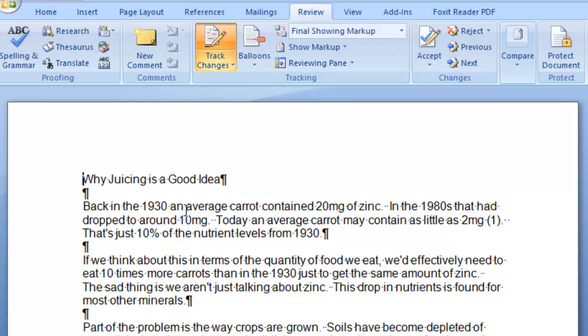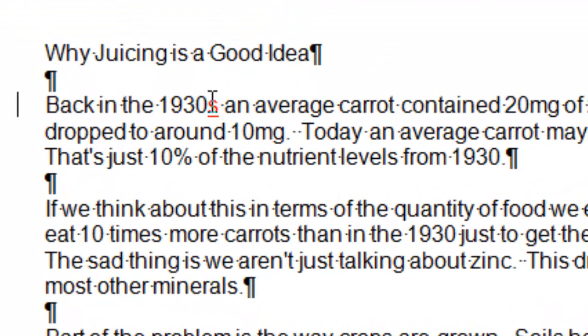The first sentence, "back in the 1930 and average character", well, clearly that should be 1930s, so let's just put an S in there, and you can see that Word has now underlined it and put a mark in the margin there to tell me that I've made a change. And if we carry on going down here,